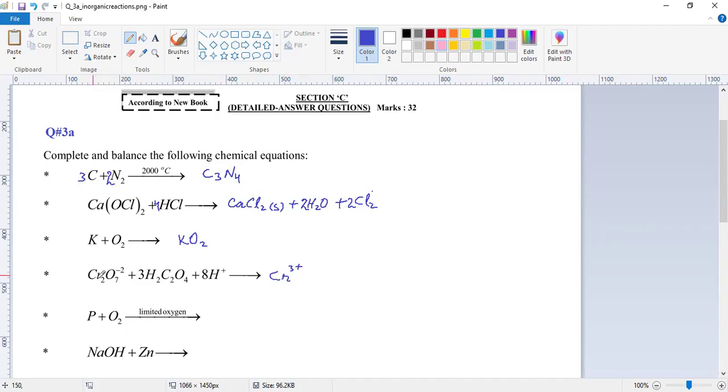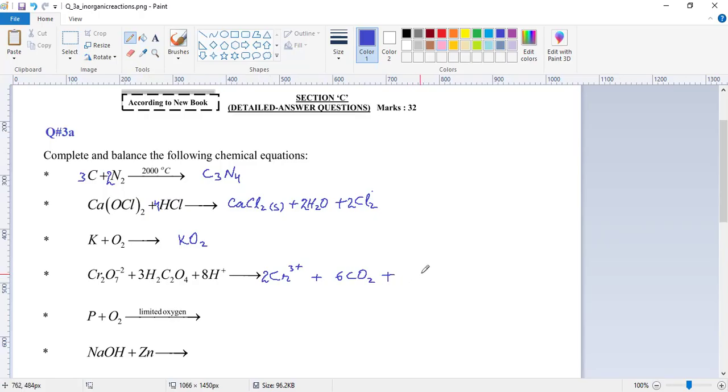So as there are Cr2, so there would be 2 Cr, and oxalic acid is converted into carbon dioxide. So as there are 3 moles of oxalic acid, so 3 moles of oxalic acid produces 6 moles of carbon dioxide,